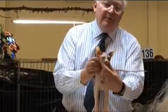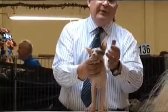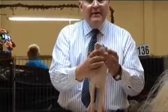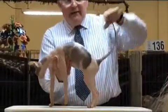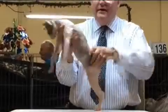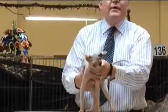Nice high cheekbones, beautifully developed muzzle. The correct ear shape, squared off here, placed slightly on the side. Nice eye color, good cut belly, ratty little tail, and lots of wrinkling across the back, down the legs, and the parquet pattern on top of the head. She was our best